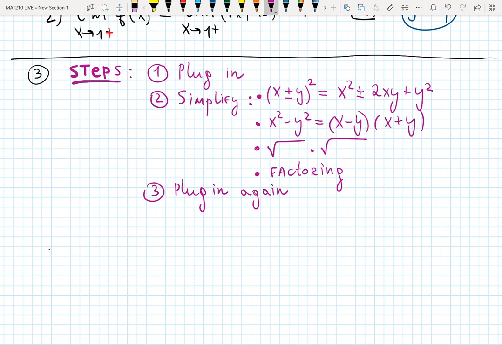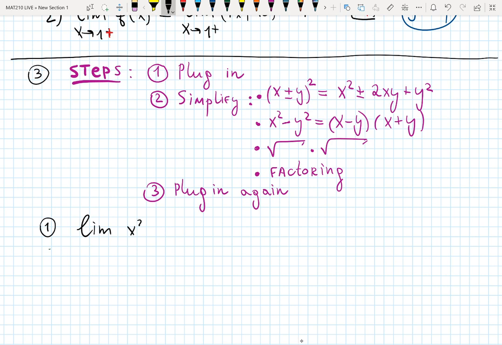There's usually some kind of troublemaker in the denominator or a square root. By multiplying a square root by one more square root, you get rid of it in the denominator. By factoring and dividing by the denominator, you get rid of the troublemaker in the denominator. That is very clear from these examples I'm going to show you, and you saw them in your homework many times. For example, a limit